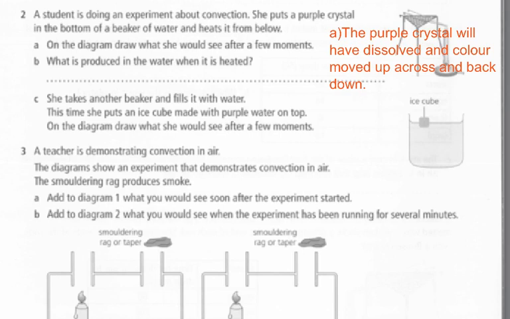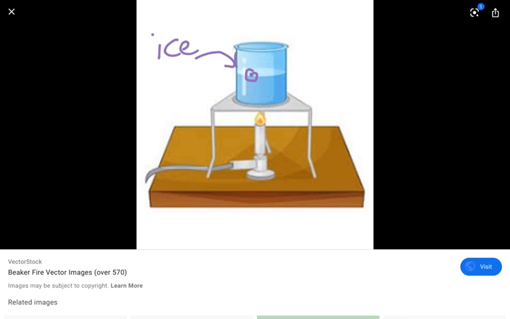And B1, what is produced in the water when it is heated? This name of event is called convection current. And for C,